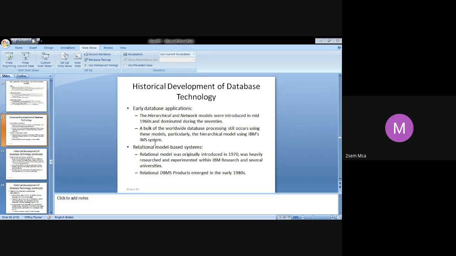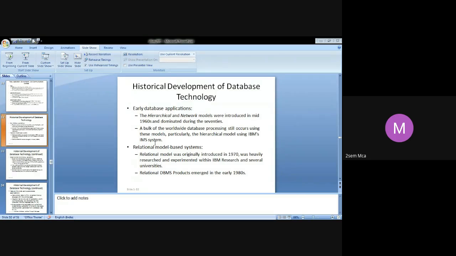But a lot of improvement and flexibility was brought in by the relational model based systems. When relational databases were originally proposed, around 1970 by IBM, they proposed to separate the physical storage of data from the conceptual representation. That was a big advantage of the relational data model. They also introduced a high-level query language. Till then, a query language was not there. As I told you, it was all done using the programming language itself, and that was very time-consuming and very expensive.